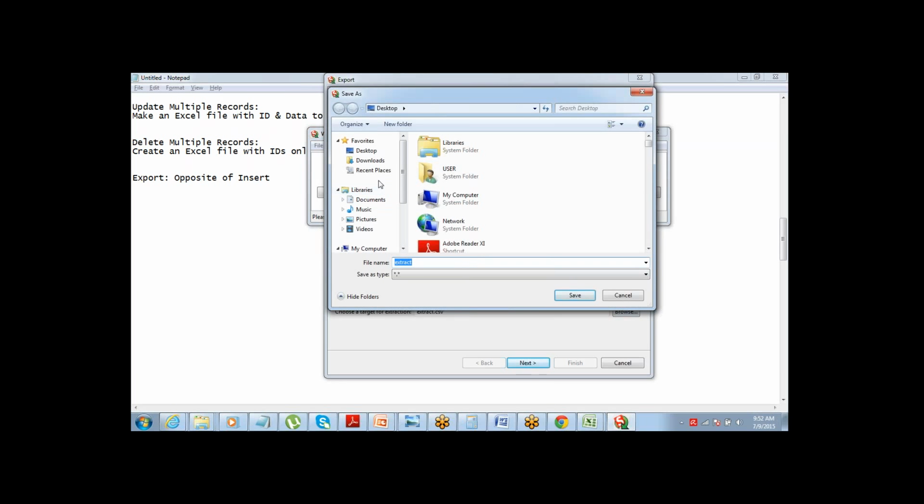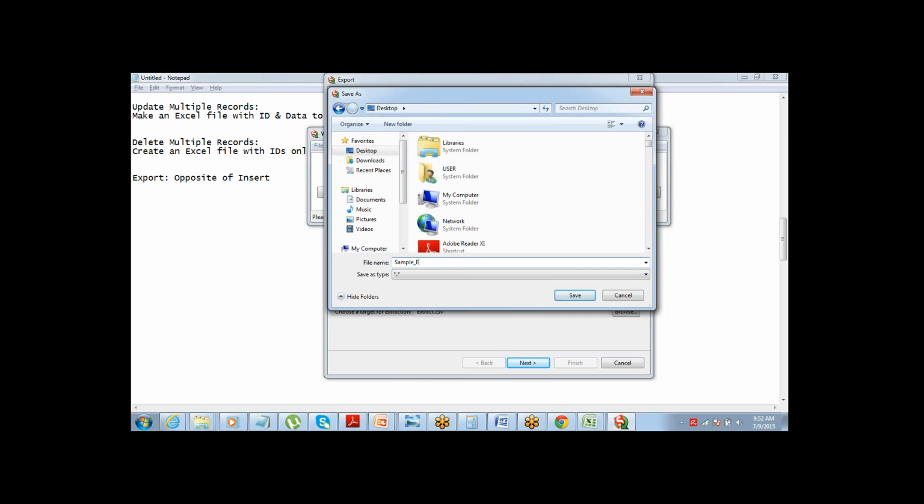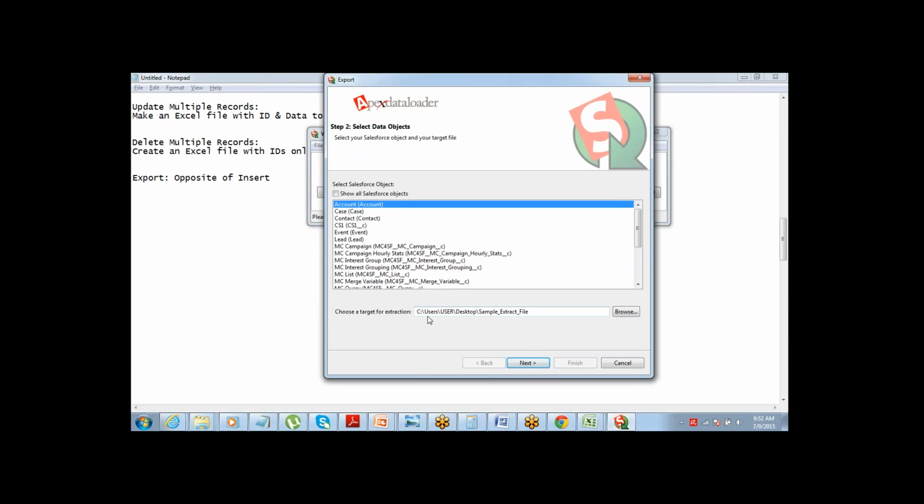Let's say for me it's going to be on desktop, and you can change the name of the file, sample extract file, save. So this is the location where it's going to get saved. Go to next.